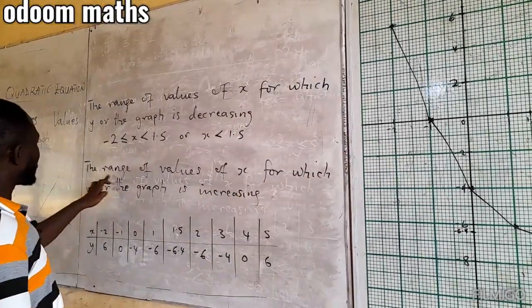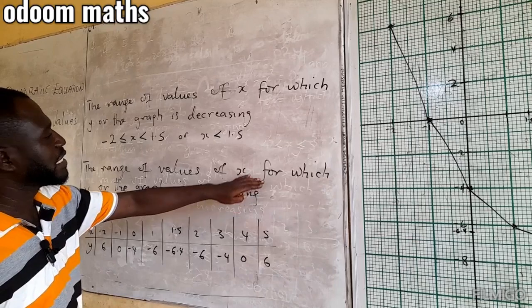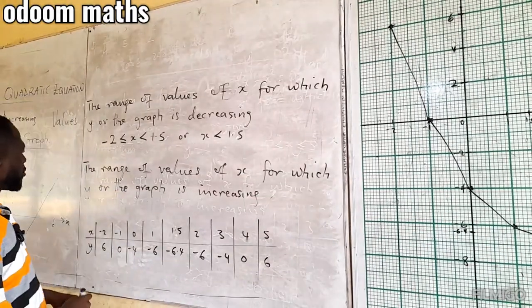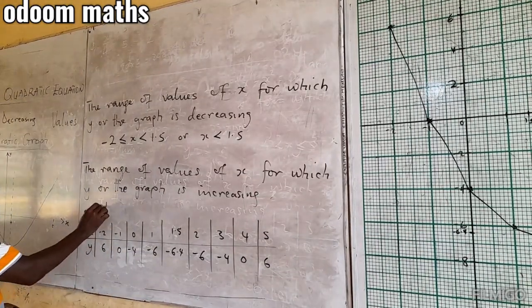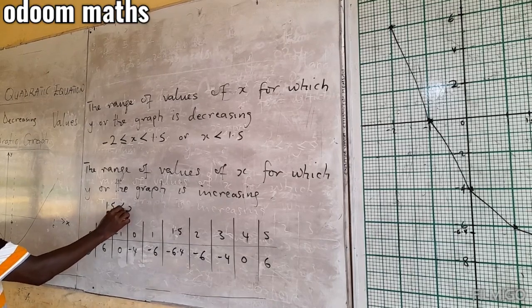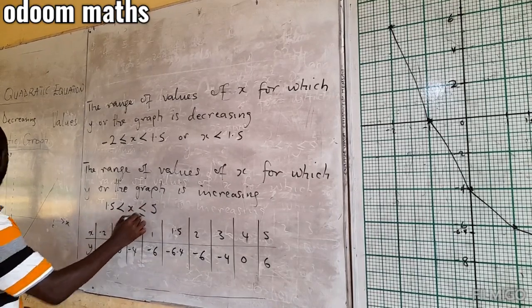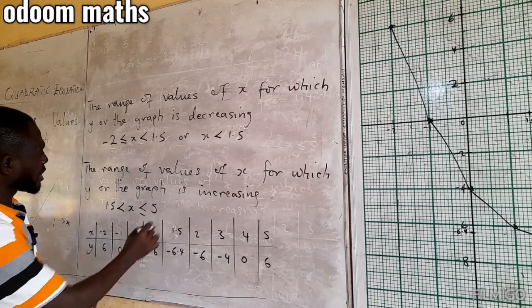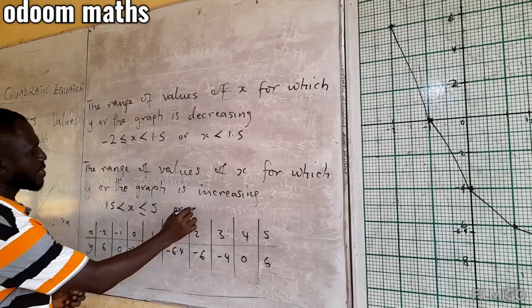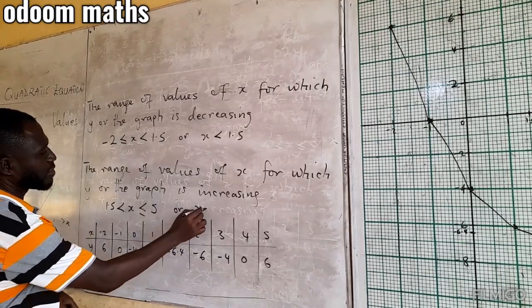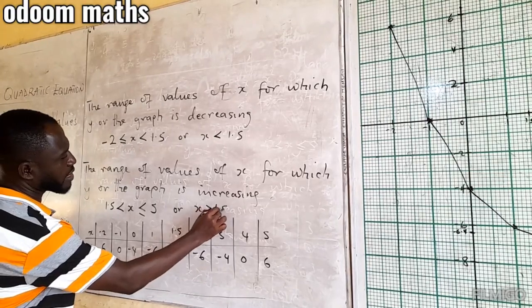Okay, then the range of values of x for which y is increasing, that is also from 1.5 less than x less than or equal to 5. Or we can also say x values that are greater than 1.5 will make the graph to